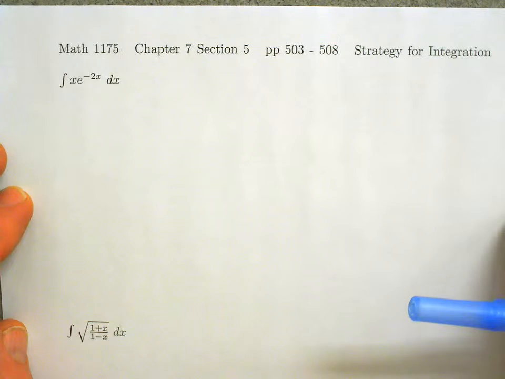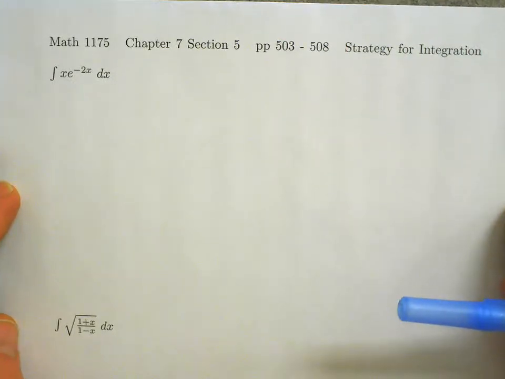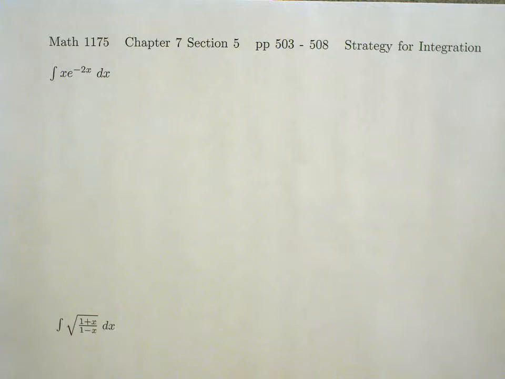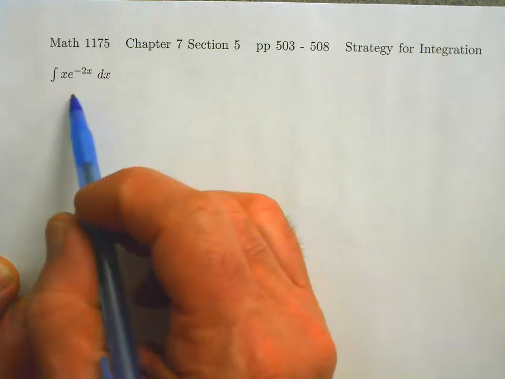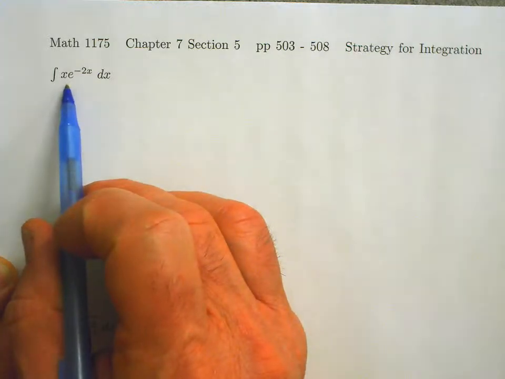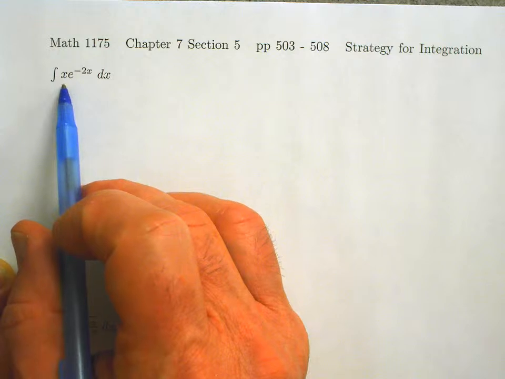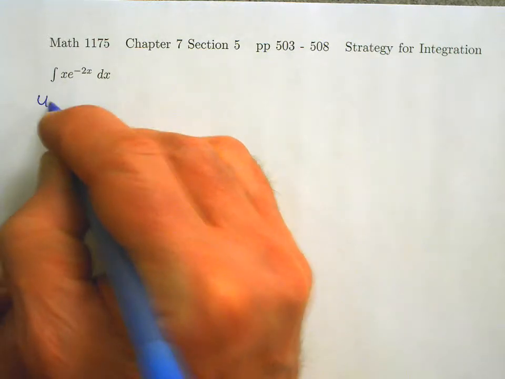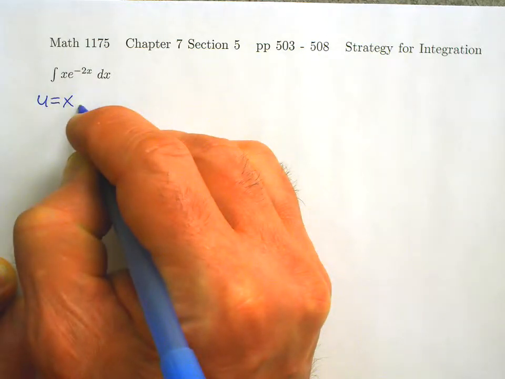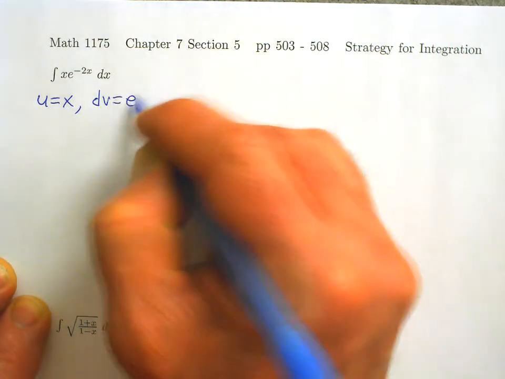In the next example, the indefinite integral of x times e to the negative 2x dx. So on this one, we'll use integration by parts because the integrand is a product of a polynomial and an exponential function. So if I pick u to be x and pick dv to be e to the negative 2x,